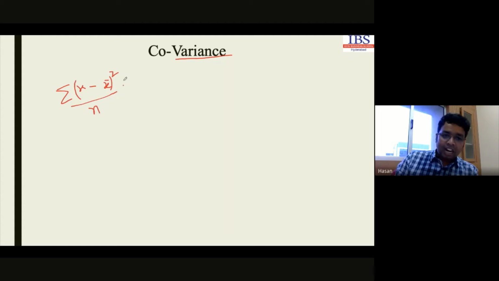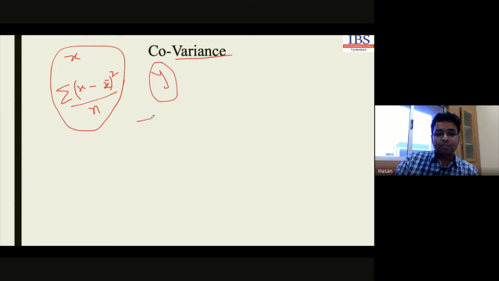Till now we are talking about only a single variable. So if we have more than one variable, how do we calculate? If this is x and we have another variable y, then we can calculate the variance in a similar way: the summation of y minus y bar squared, divided by n. This is the same formula. If we are concerned about individual parameters, we can calculate the variance in this way using this formula.